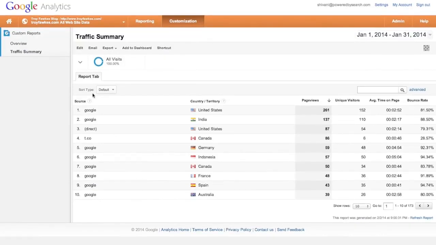So here in the table, I have my 2 dimensions, source and country. And then I have all of my metrics: page views, unique visitors, average time on page, and bounce rate. So basically it shows me all the metrics for the different countries that they're coming from and the sources that they're coming from. So now that you know how to generate a custom report, we're going to move on to